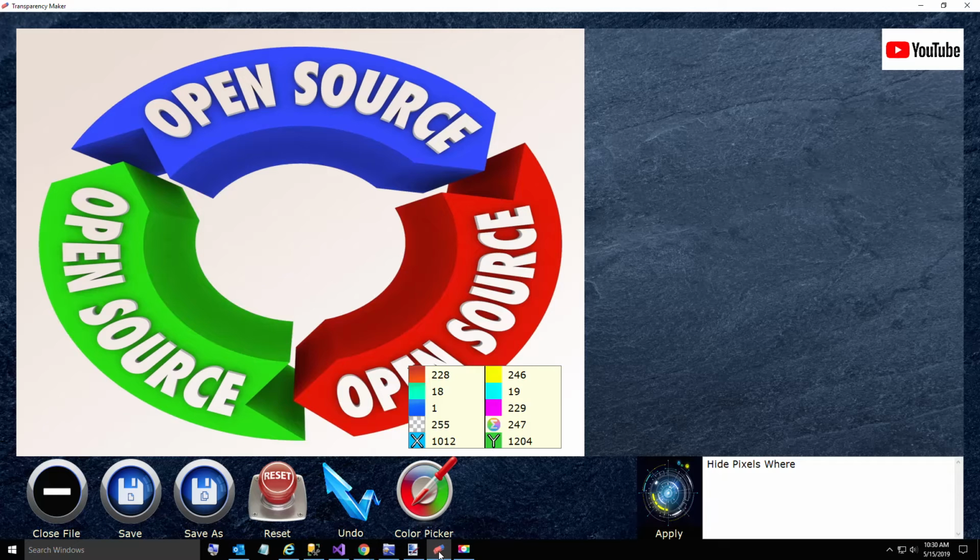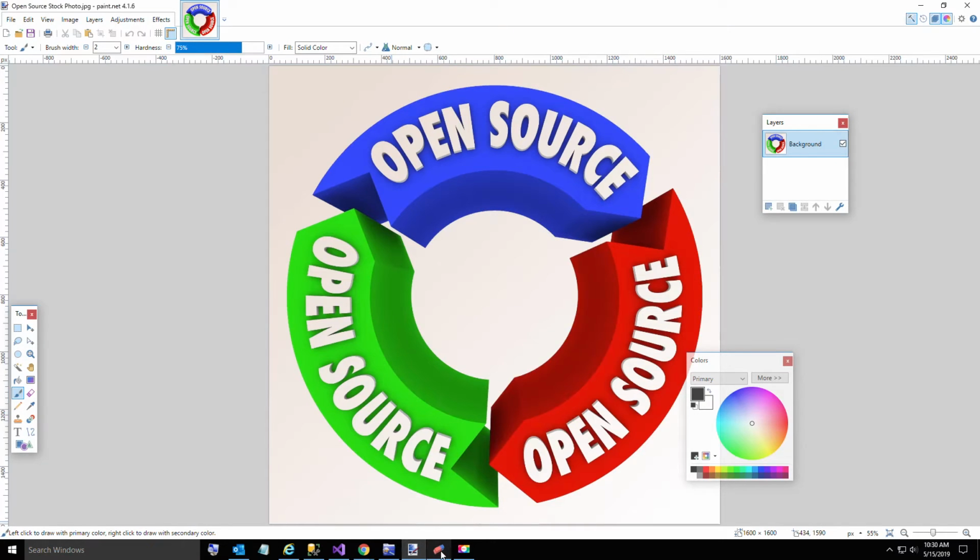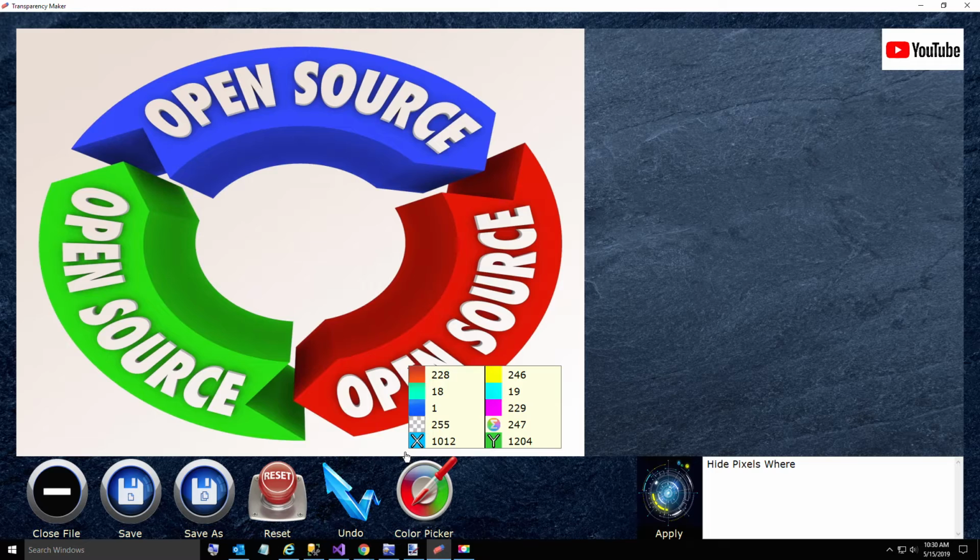I have a free program because I'm a poor boy and I do this as a hobby. So I work as a day job as a programmer, but all this other stuff is a hobby. So I use paint.net, which is also free. Same image here. But in Transparency Maker, it works a little differently than